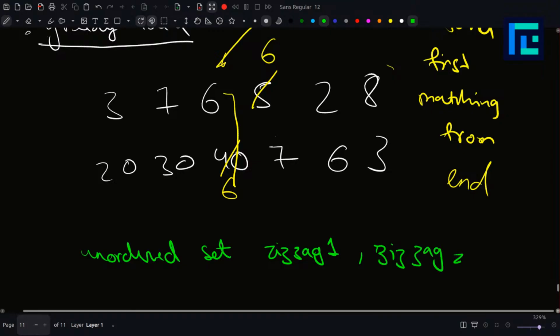Okay. So what will this set store? It will store all the elements which appeared in my zigzag. So zigzag 1 will store this value, this value, this value, this value. And maybe zigzag 2 will store this value, this value, this value, this value. So that way I can quickly check if,